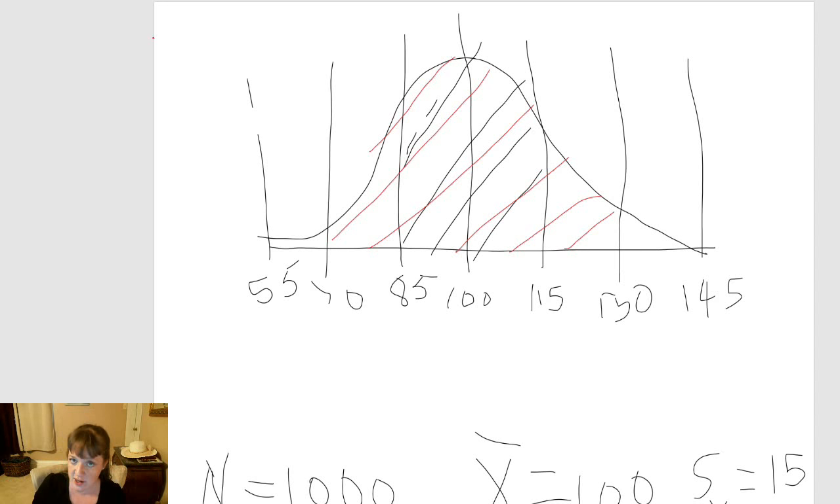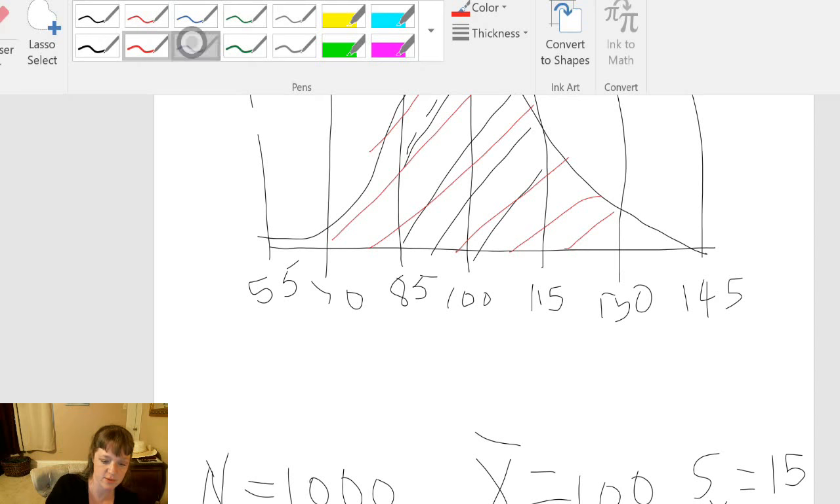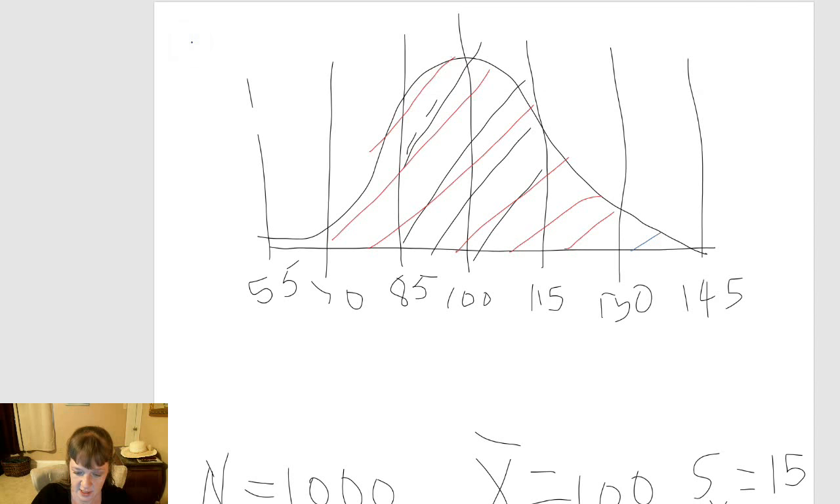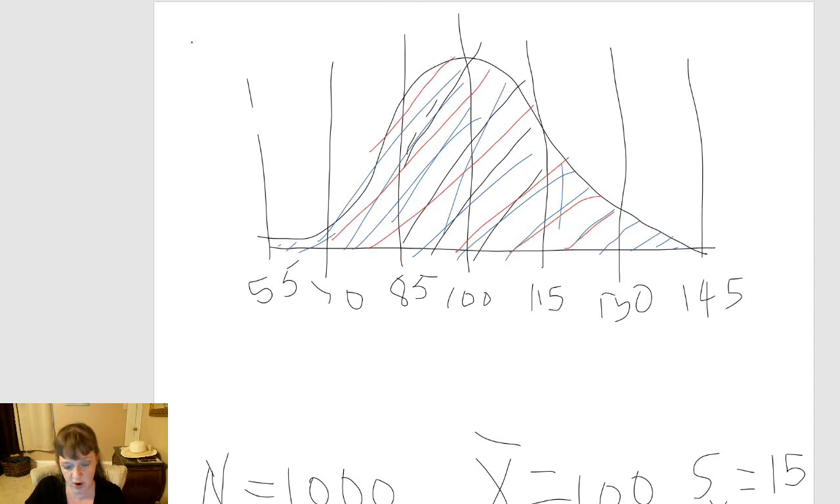Now, where do these proportions come from? Frederick Gauss, integral calculus. And then we learned that 99.7% of the folks will be in here, between 145 and 55. So if there are 1,000 people,